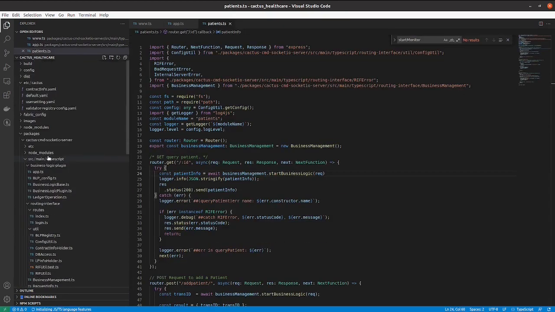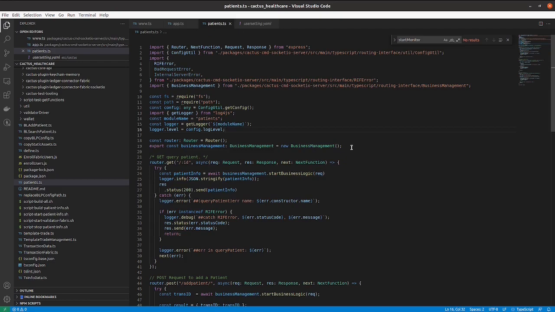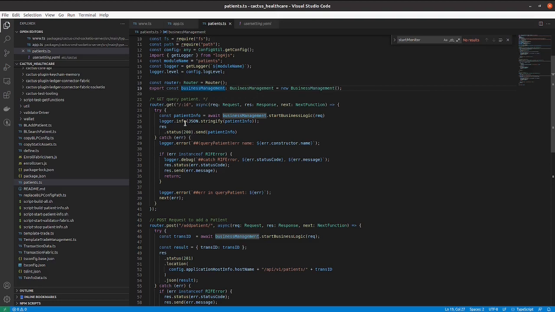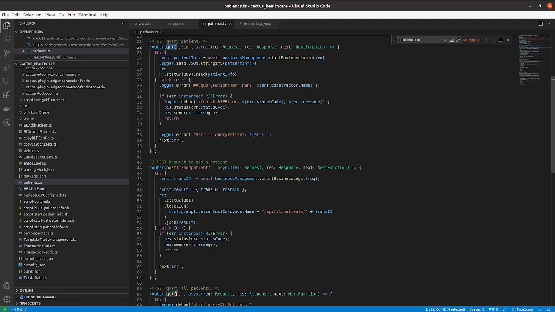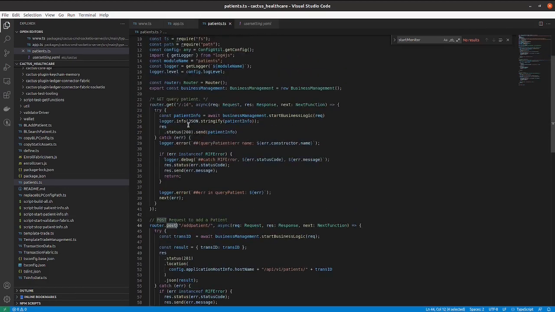This is the router for this URI. Here we are creating a business management object, and there are 3 router handlers here, 2 for the get method and 1 for the post method. Based on the HTTP request method and the URI, it will select the proper router.